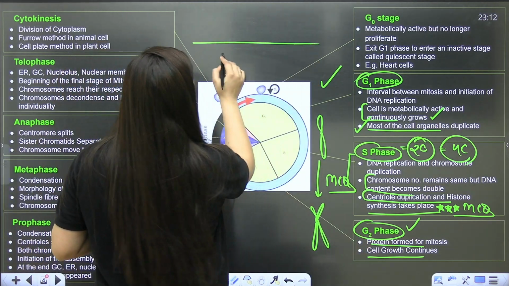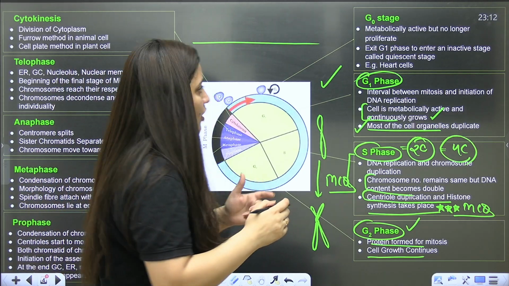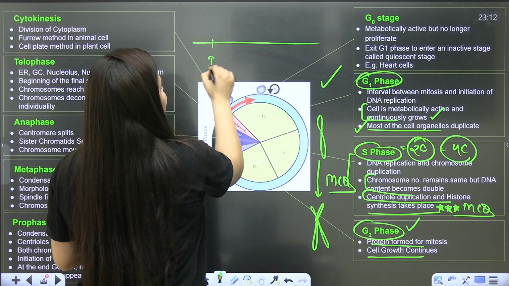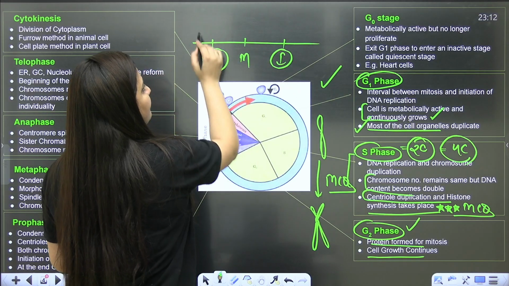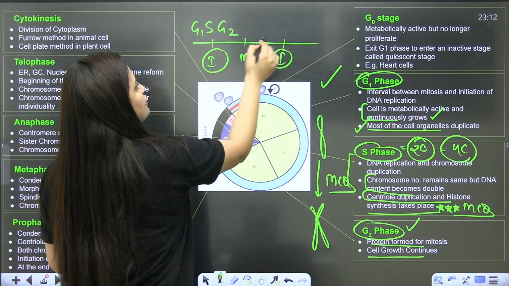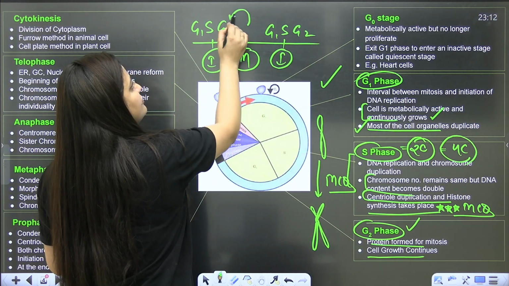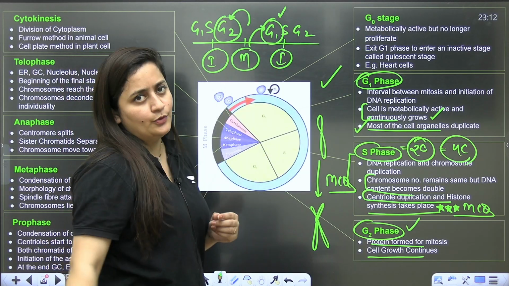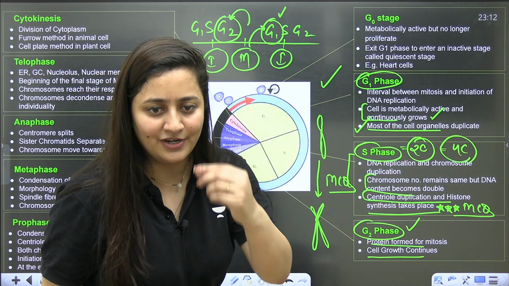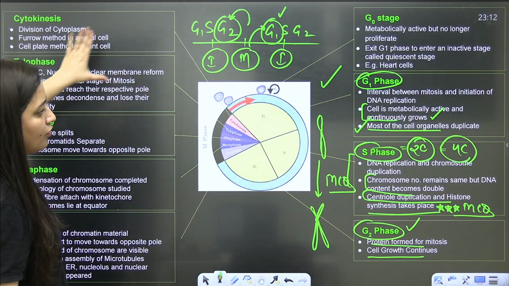I hope you remember one line of your NCERT, right, when we discuss that. So how do we consider it? We consider it like this, that M phase is in between two successive interphase. So G1, S, G2, right, G1, S, G2. So before mitosis you have G2, so it is pre-mitotic phase. After mitosis you have G1, so it is post-mitotic phase. So I hope there is no doubt here. Now let's see, after this what will happen? The cell will go for the M phase.